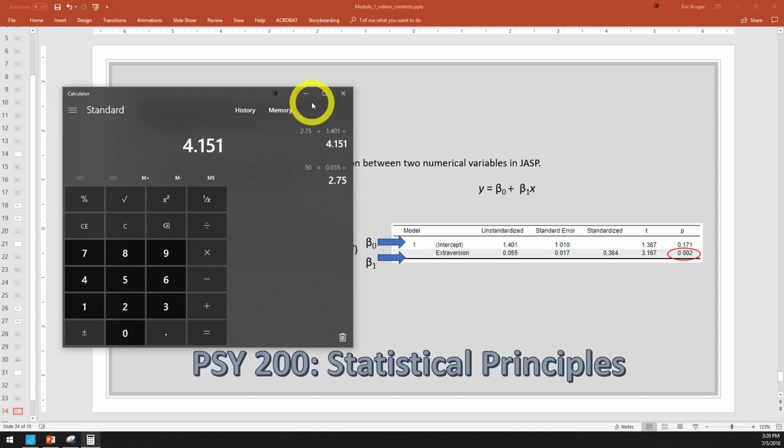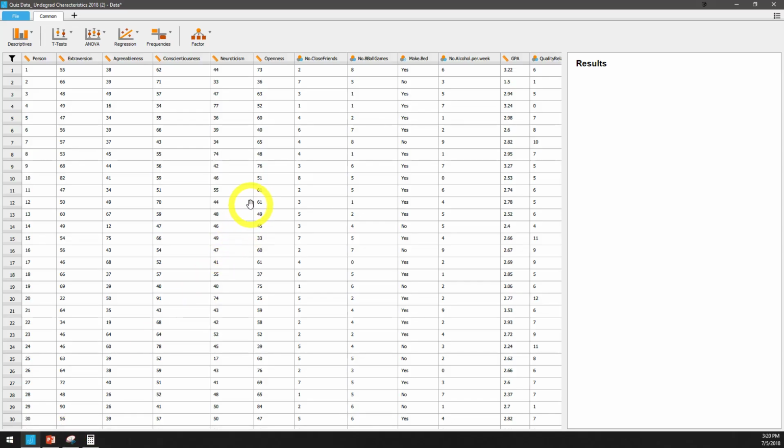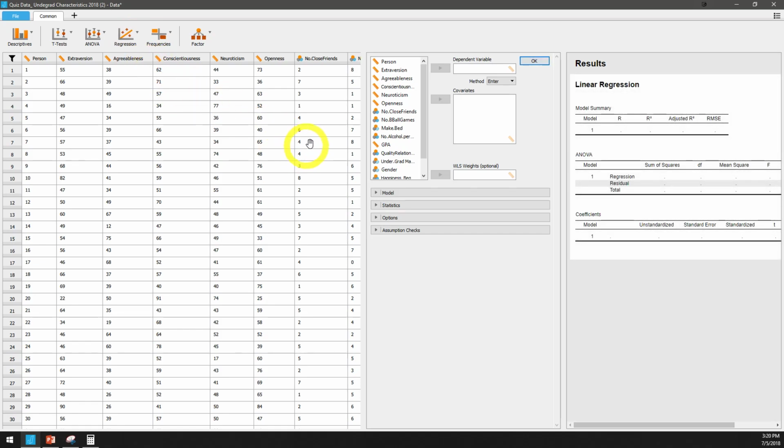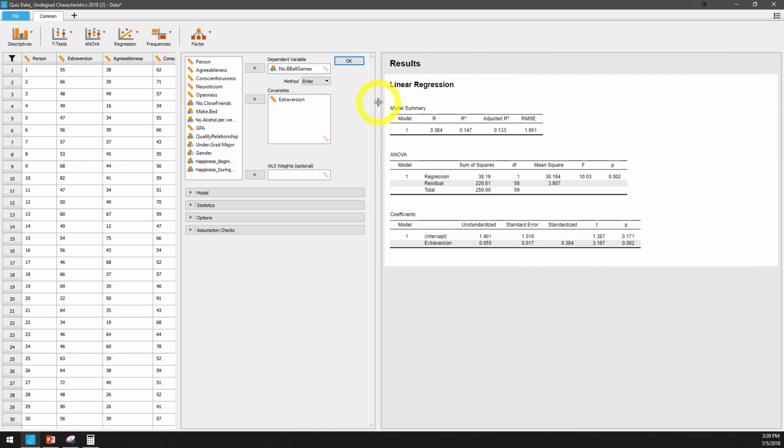Now let's look at how you actually do these analyses in JASP. So let's go ahead and pull up the JASP window. We're going to reproduce the analysis that I just created. So we're going to go to regression, and pull down the linear regression box. Here we have a dependent variable, covariates, and this optional weights. We're not going to use the weights. So we're just going to say our dependent variable is number of basketball games attended. Our predictor variable is extroversion, and we're going to slide this over so we can look at the output,